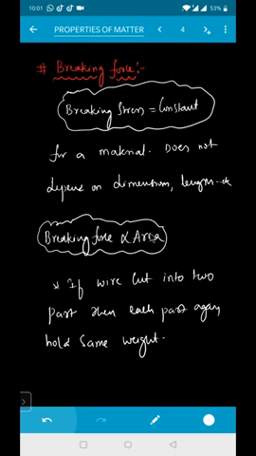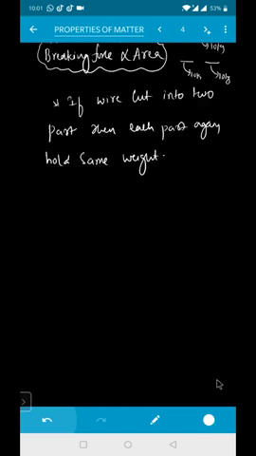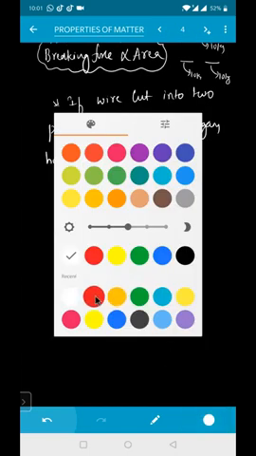So if the breaking force is directly proportional to area, that means if a wire is cut into two equal parts, then each part will have a capacity to hold again the same weight, whatever is the weight taken by the first wire. Like say if this wire is holding a capacity of 10 kg, if I break this wire into two, this is also having capacity to hold 10 kg and this is also having the capacity to hold 10 kg. Clear? The amount of weight which it can hold won't change. I'll give you an example, you'll get clarity.